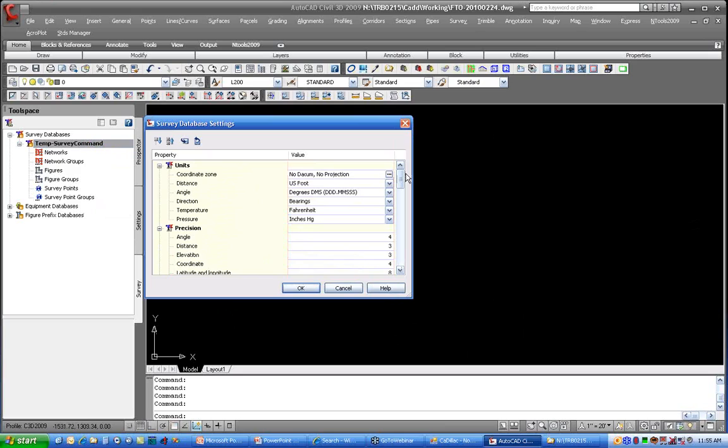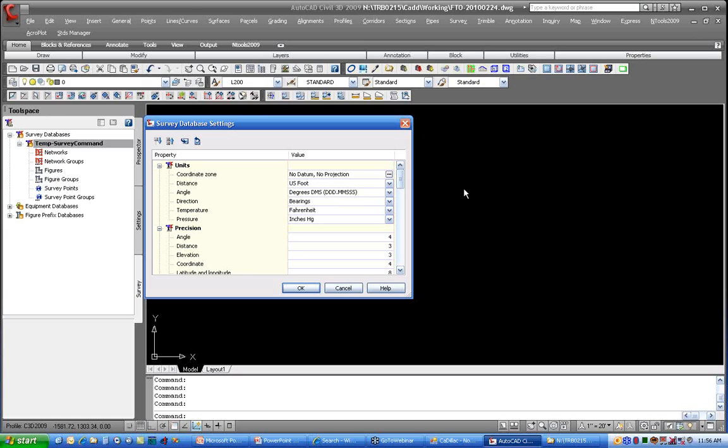And again, these are very similar to some of the settings that we saw previously, but this now gets into a little bit more detail specifically for the database. A couple of things you can do with this, I'm not going to do them today because I don't have the time, but you can assign a grid coordinate or a coordinate system to your database, and then as you import that into drawings with a different projection, it'll translate the data to that other projection. So I could be working in survey data that was in imperial units, US foot, imported into a drawing that was metric, and it would